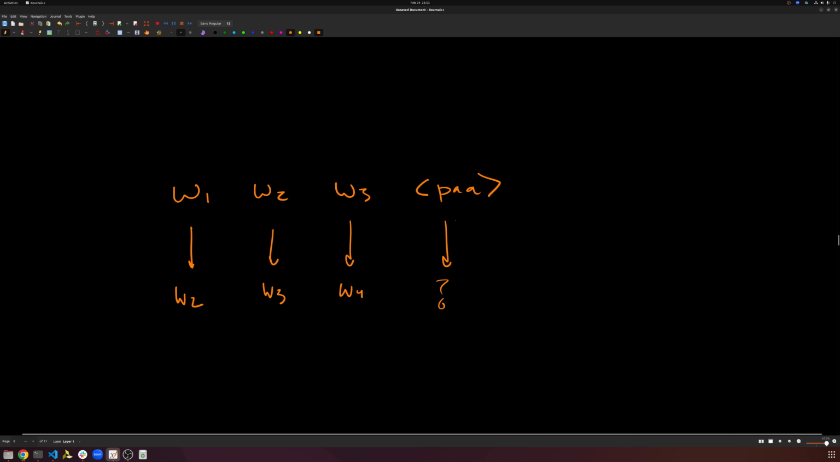Technically it shouldn't predict anything. We don't care about the pad token. So these are the labels, right? W1 should predict W2, W2 should predict W3, W3 should predict W4. But the pad token shouldn't predict anything, or it can predict something, but we shouldn't include it in our loss